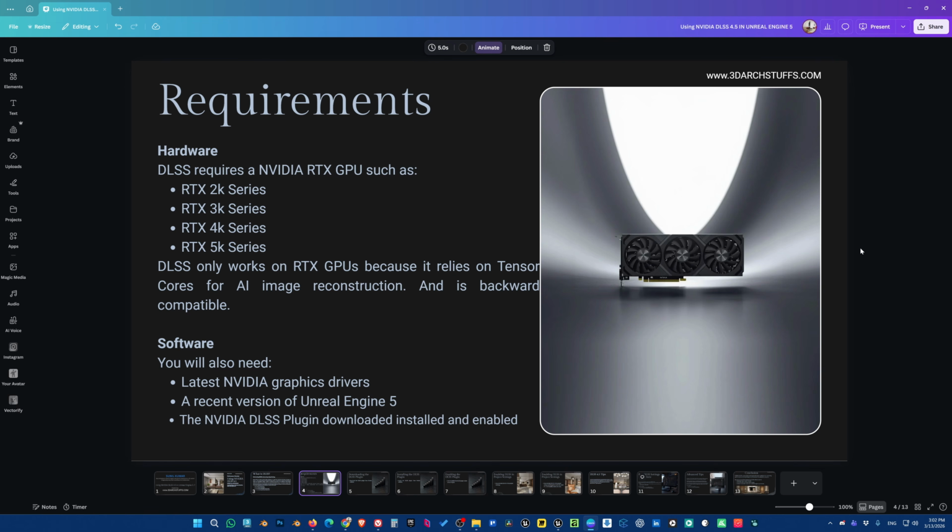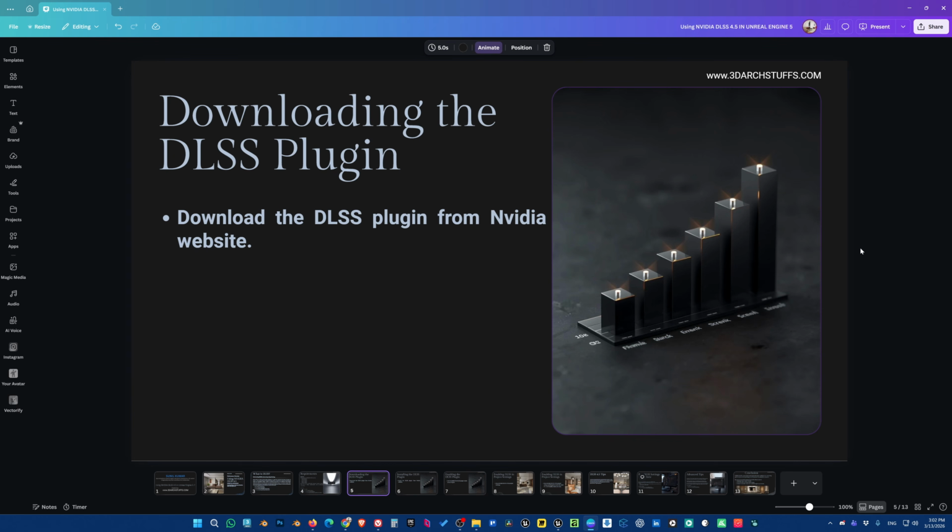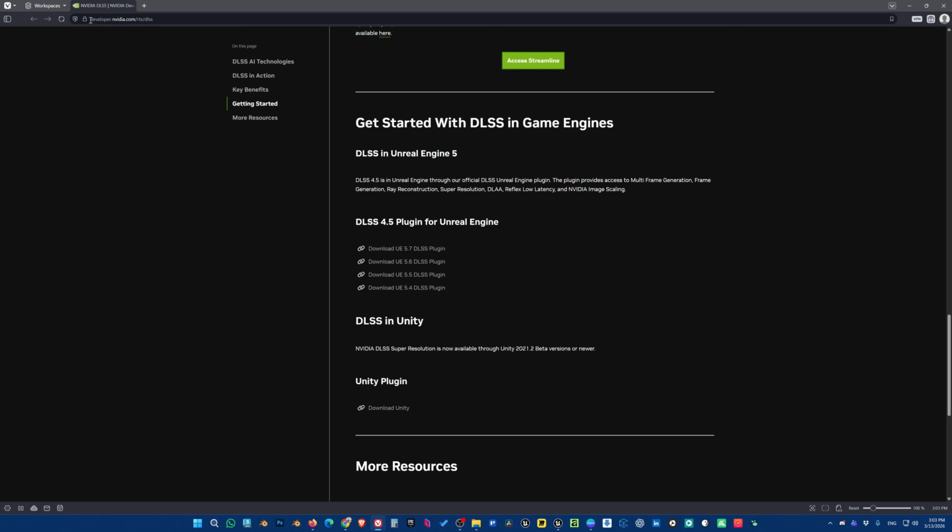The software we will need for DLSS is the NVIDIA app with the latest graphics driver installed, a recent version of Unreal Engine 5, and the NVIDIA DLSS plugin downloaded, installed, and enabled in your project in Unreal Engine. So first of all, to begin with, you will have to download the DLSS plugin from the NVIDIA website, which is